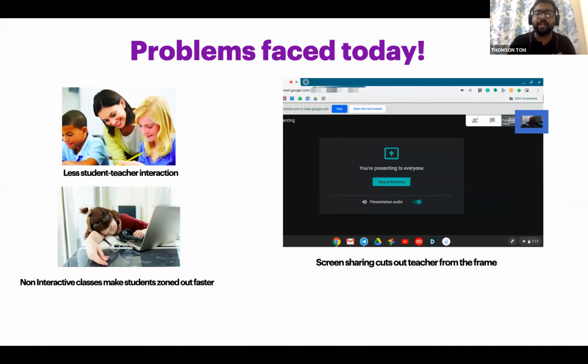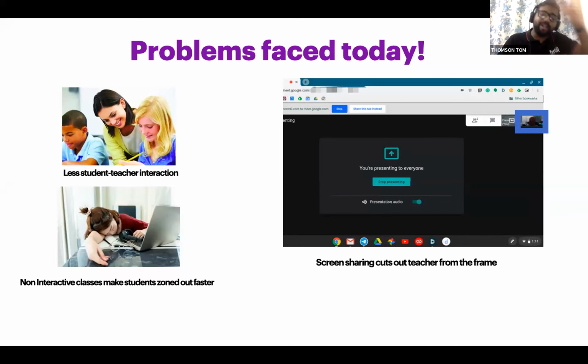Regardless of how good you are at taking the session, how much energy you're producing, when you are staring at a static screen and hearing some voice, it will be very boring. So that's the reason why students zone out of the session much faster. There is no interactivity between the students and teachers, and this is why online classes are getting boring for the students. Please let me know if it is true or not. I just want your suggestion also. So how can we solve it?